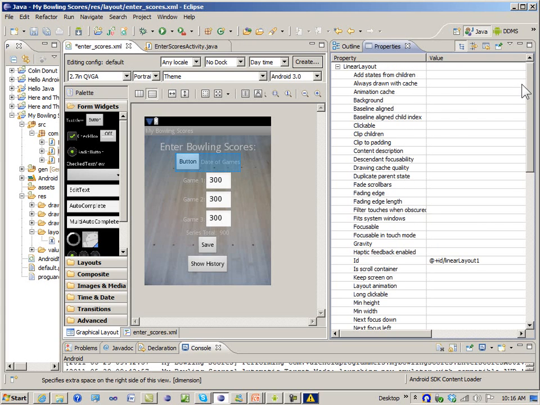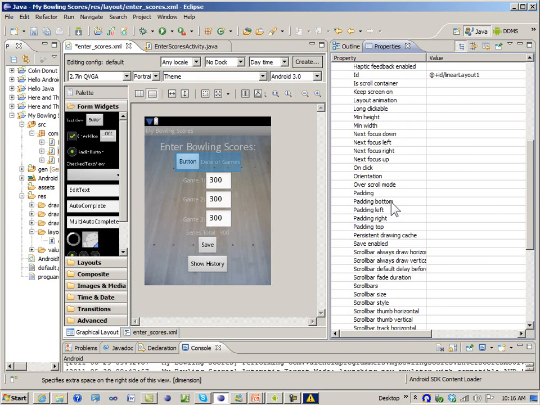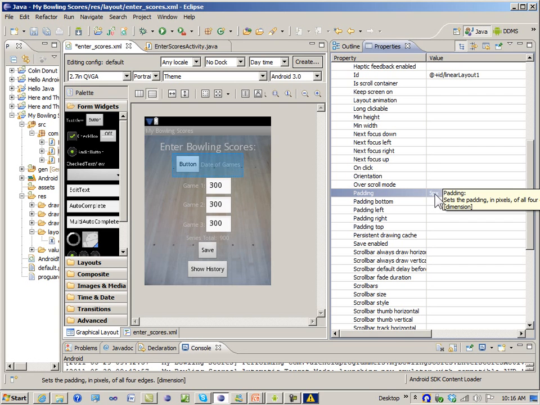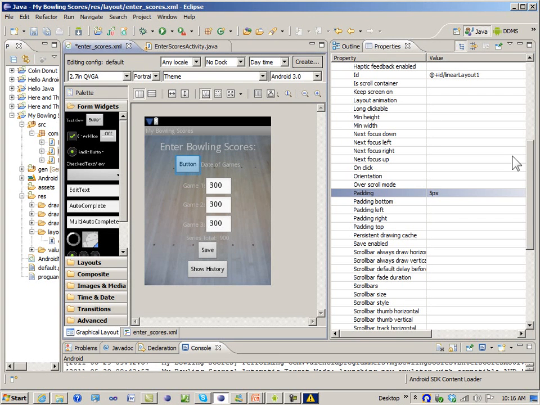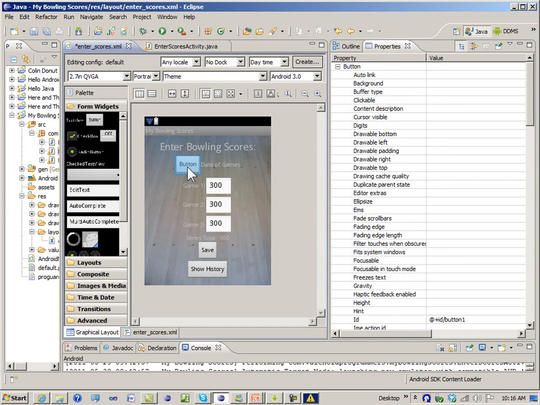So let's do padding at the bottom. Maybe do padding in all 4 dimensions. What if we just put 5 pixels there? That would space things out a little bit better. Okay, go back over to the button. Make sure that we're changing the properties of the button now, and it still says linear layout. This is tricky. Okay, so I had to click that twice to make sure that I was editing the properties